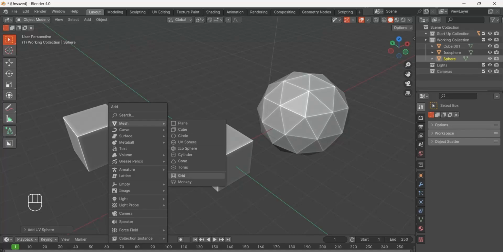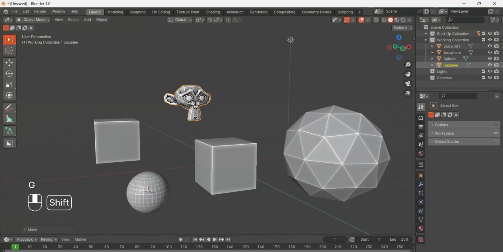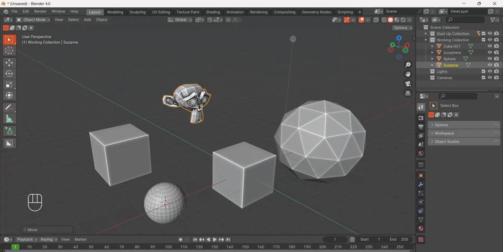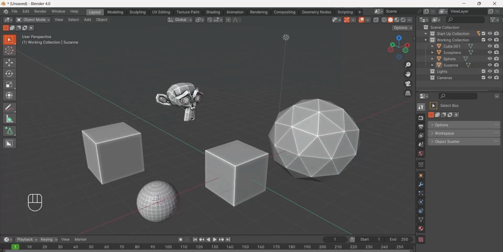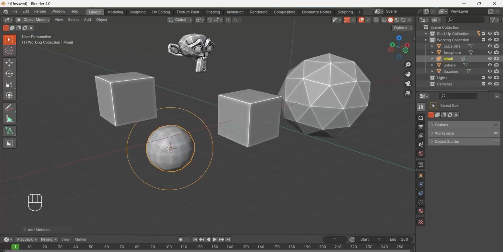And if you look at your settings, you don't find monkey, because I'll tell you later how to add monkey to your objects, and that's it for adding. And you have different types of things that you can add. You can add curve, NURBS, and metaballs. Metaballs are also very important to add, because when you